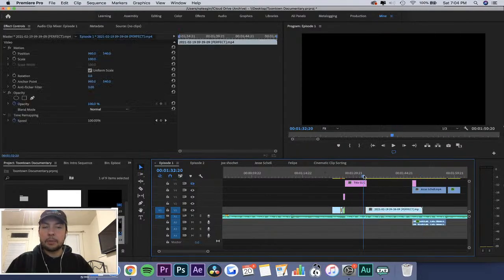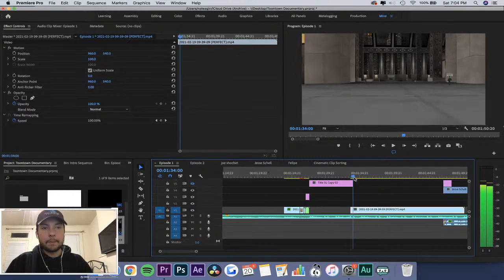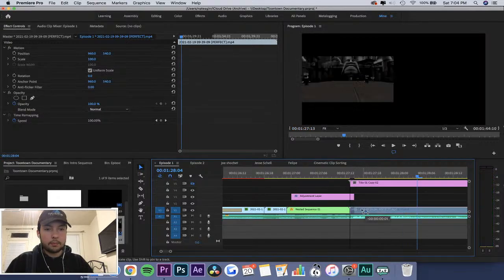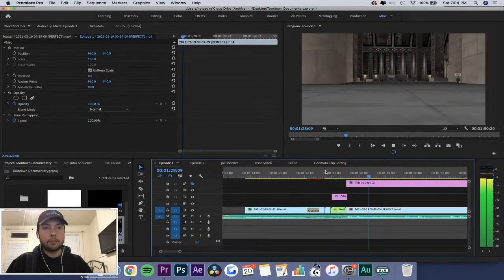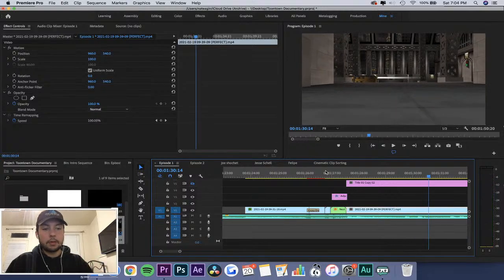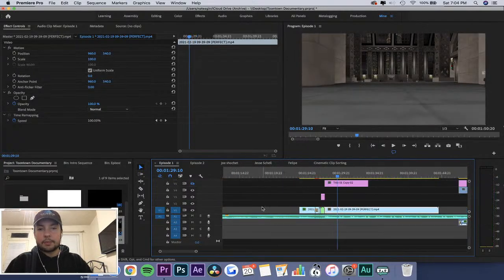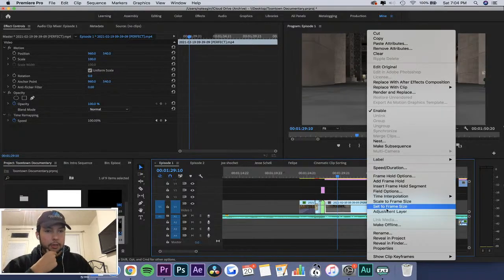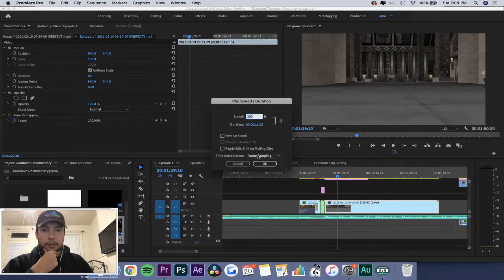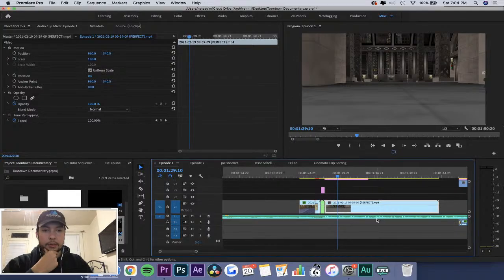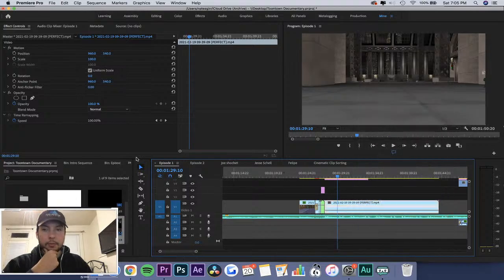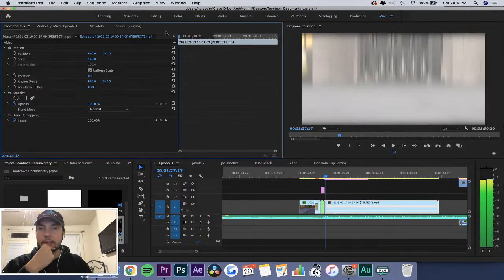I'm not super good at time ramping yet, but let's try it out. So I'll go boom, boom, and then every time it does that, it's gonna speed up a tiny bit and slow back down. So to pull that off, we're gonna drag this up a little bit. Right click, speed duration. We're gonna add, oh wait, actually, sorry about that. Show clip keyframes, time remapping, boom. Now we can do that.